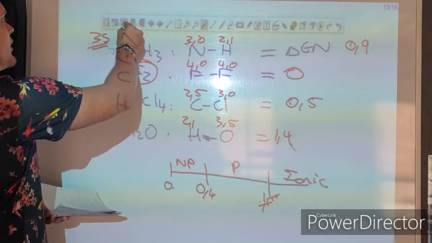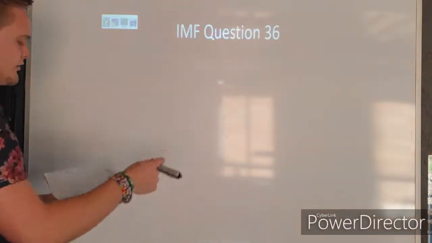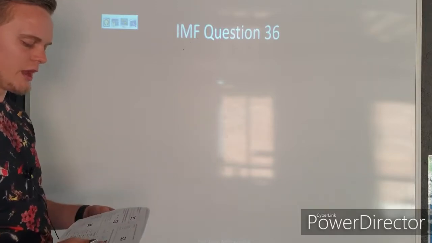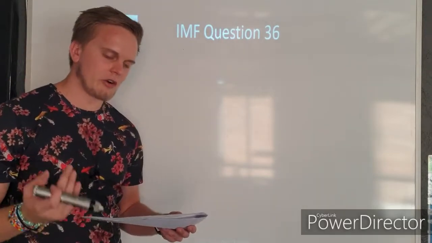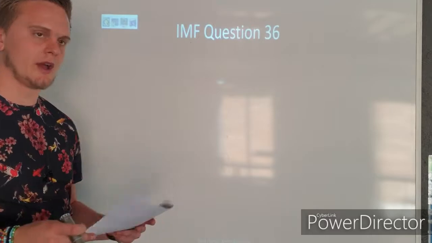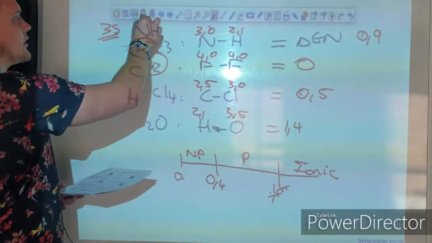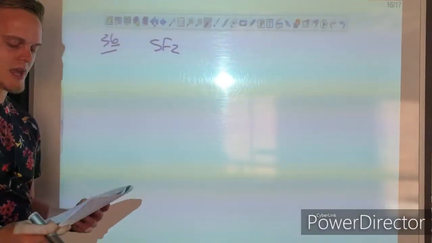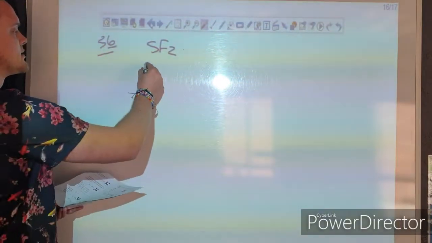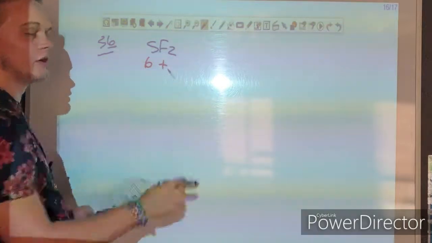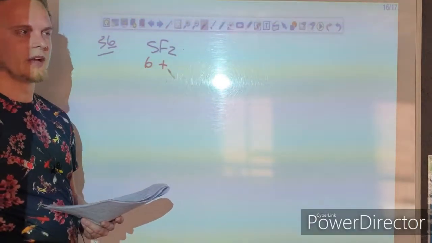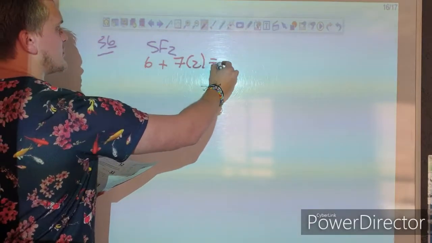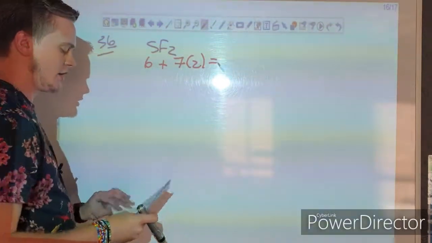And then your last question on intermolecular forces will be question number 36, where we're just going to compare Lewis diagrams, VSEPR forms, and then polarity of the molecule they gave us, which is SF2. So S is in group 6. For the Lewis diagram, again, we're looking at the valence electrons. Fluorine is in group 7, but we have 2 of them, so it's 14 plus 6, which is